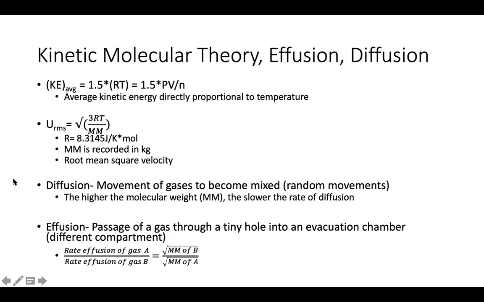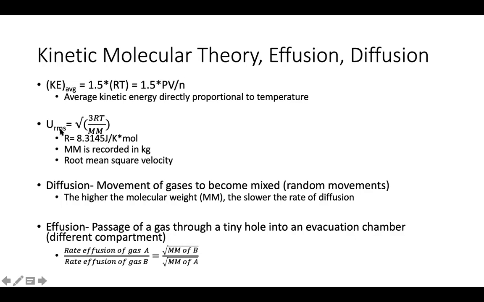Okay, and I believe this is the last slide. It's just quickly going over kinetic molecular theory, effusion, and diffusion. They don't have you calculate too much of these. Actually, they might have you plug in a little bit here. The kinetic energy equation is one they don't have you use too much, but it is important to understand it. The big takeaway is that your average kinetic energy is directly proportional to T, your temperature. That's pretty much the takeaway, because they focus a little bit more on this equation here,